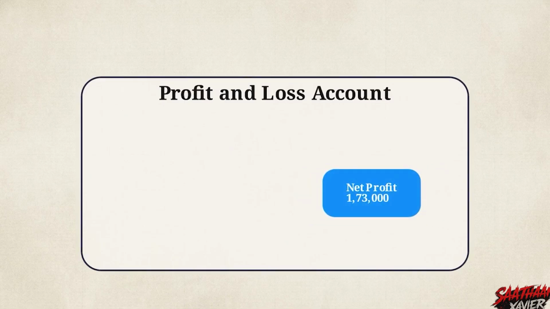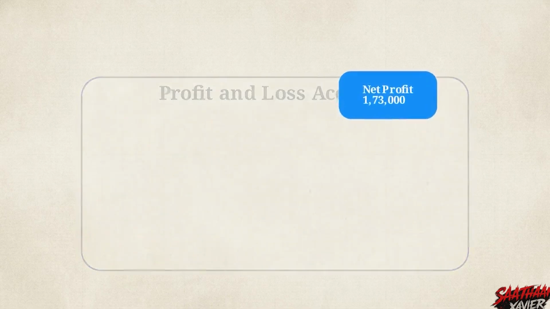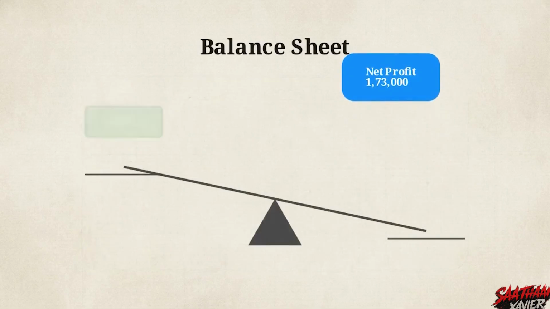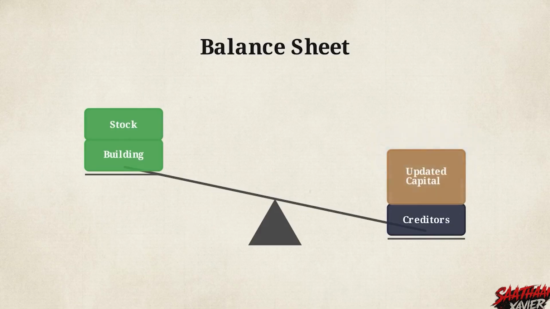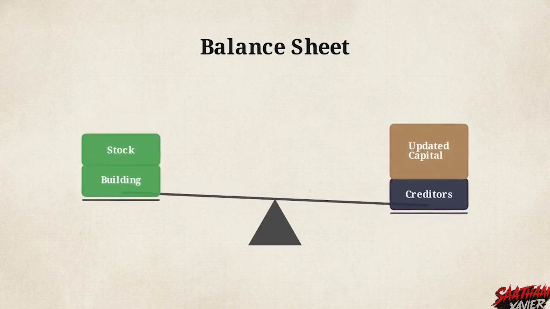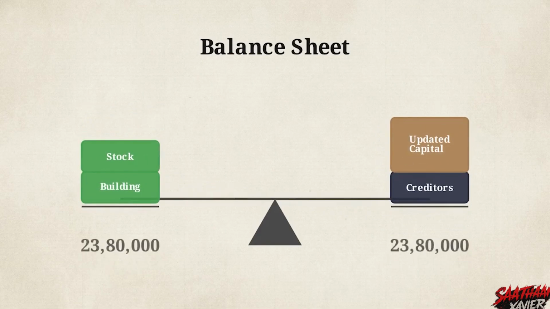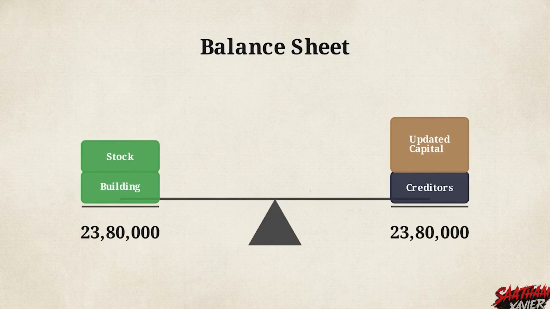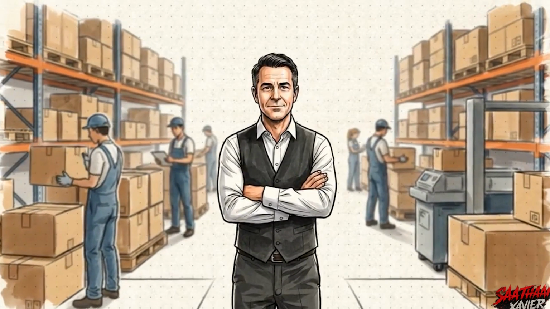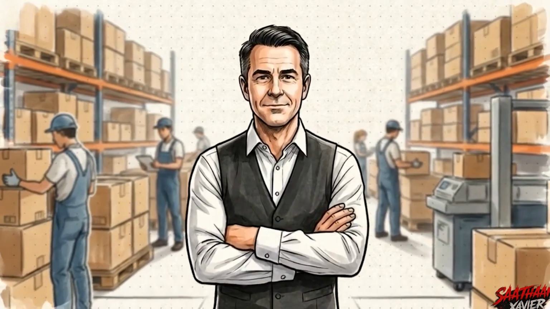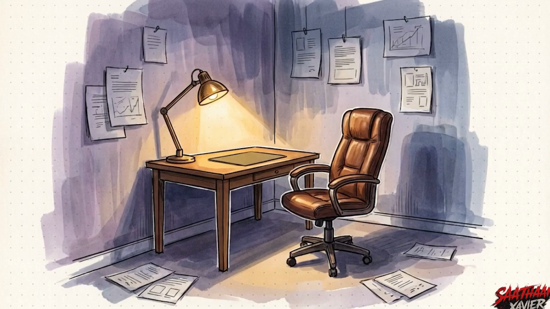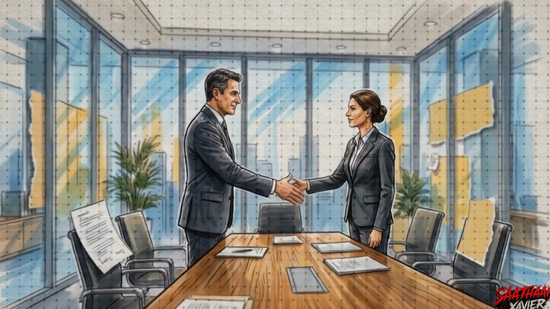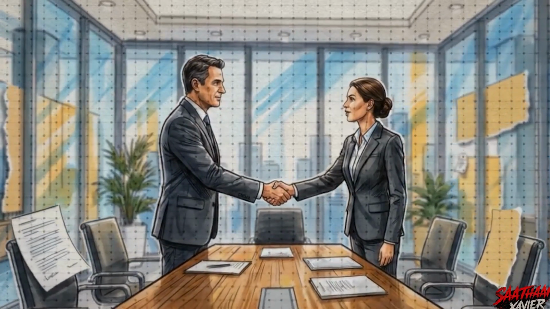Finally, the remaining variables assemble into the balance sheet. Adjusted assets stack on one side, while liabilities and the newly updated capital stack on the other. If the investigation was thorough, the scale perfectly balances at exactly $2,380,000. The initial trial balance has been fully processed. Through rectifications, adjustments, and provisions, the final accounts now reflect the true financial position of the business. But this process is designed for a sole proprietor. What happens to the math when a single business owner expands into a multi-owner partnership, and those liabilities have to